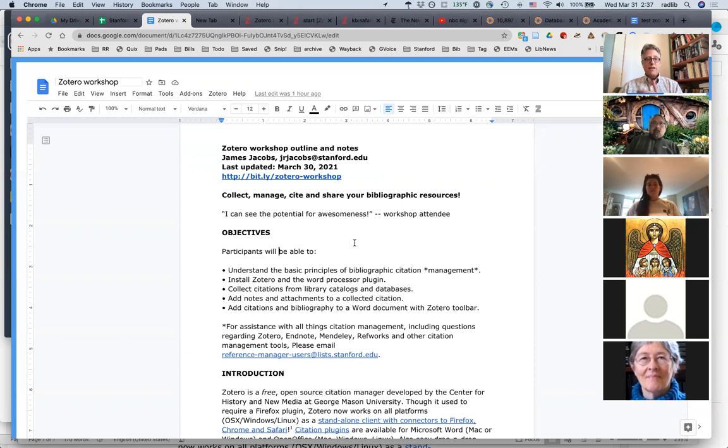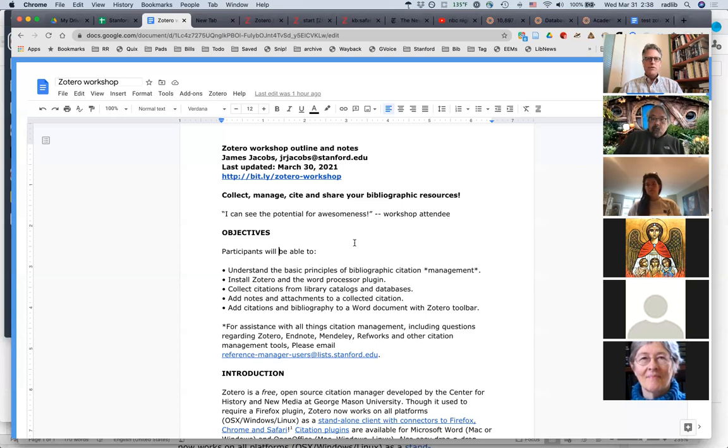A manager like Zotero works really well because you can easily change the citation style. If you're writing a paper and one professor wants you to write it using Chicago Manual of Style,